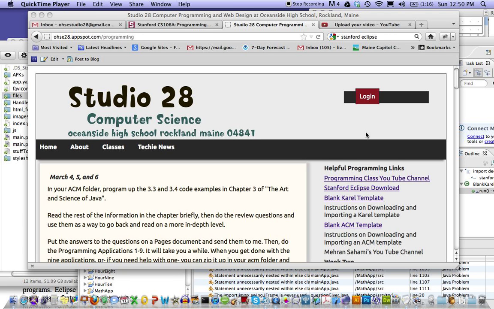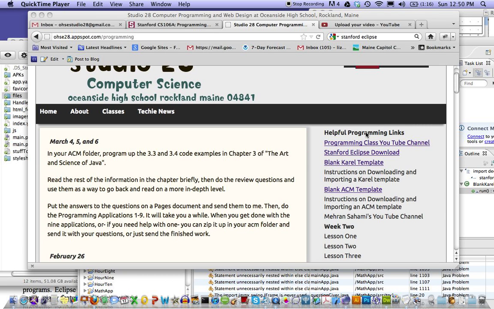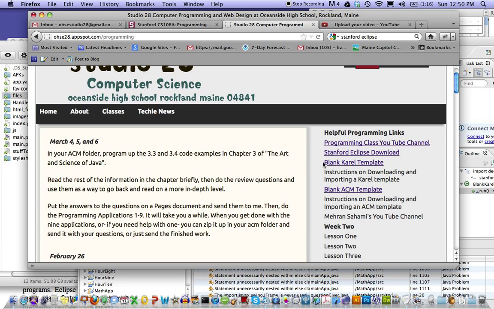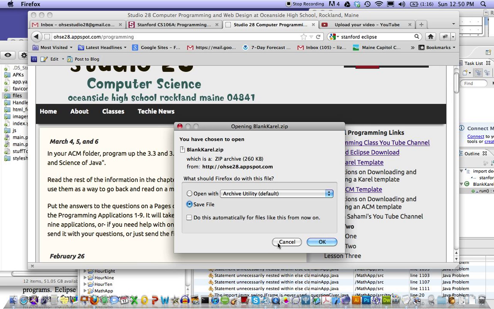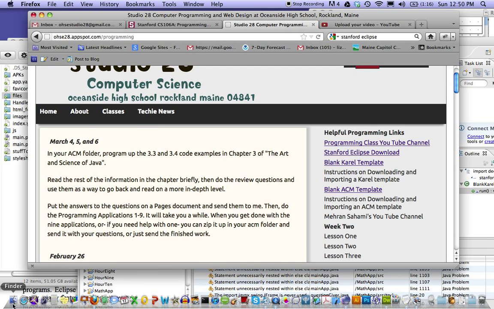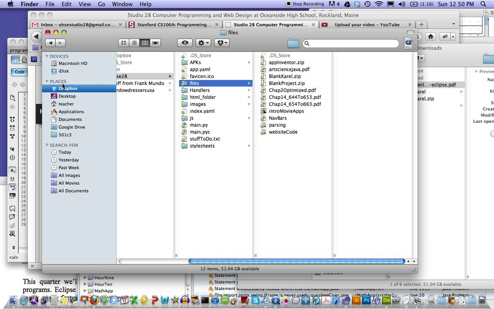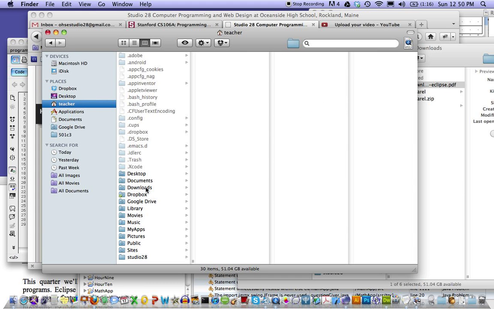Going to show you how to import a blank Karel template into Eclipse. This process is exactly the same as importing a blank ACM template. Click on the blank Karel template link in your sidebar and you'll be given the opportunity to download the file right here. I've already downloaded it, so we'll just go to my downloads folder, which is in my house, downloads,